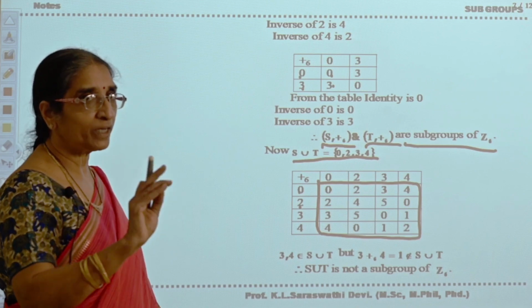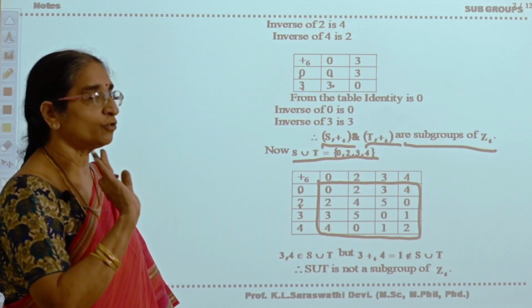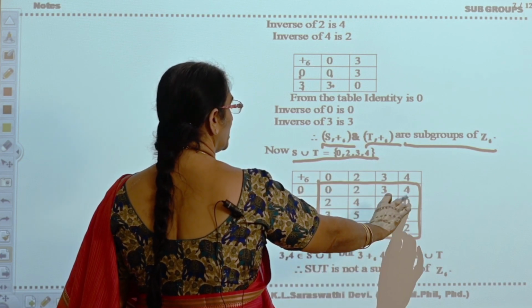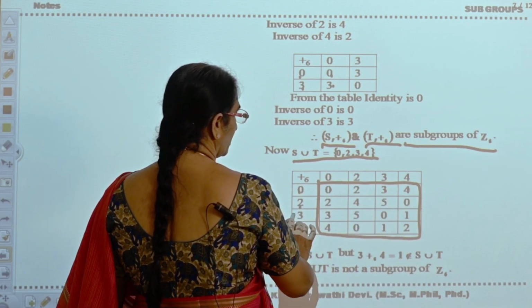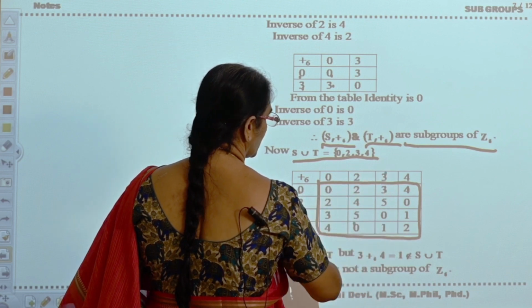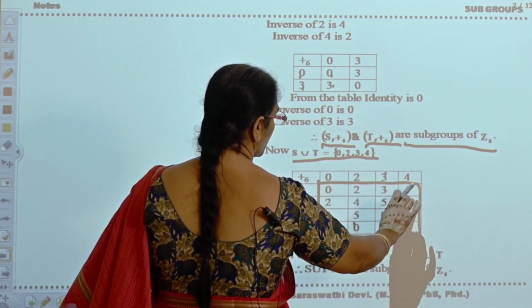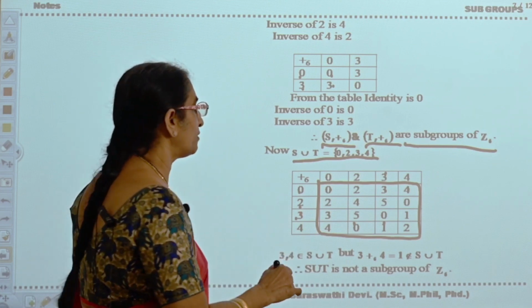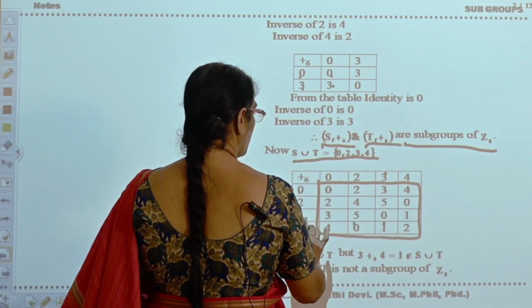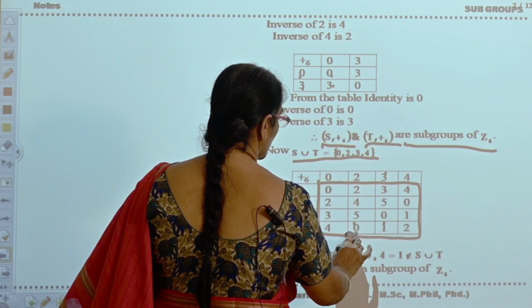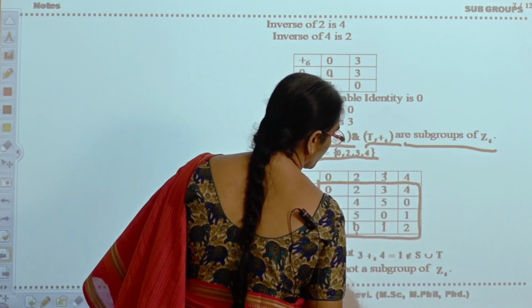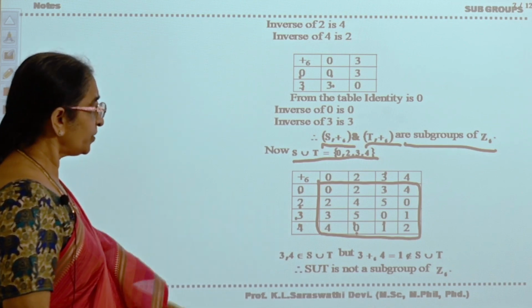The value is 1, but you are not taking the quotient, you have to take the remainder. So when you divide 6 by 6, the remainder is 0. Similarly, 3 plus 2, 5, again 3 plus 3, 6 by 6, 0, 3 plus 4, 7. 7 by 6, if you divide 7 by 6, you will get the remainder 1, that you have written. Similarly, 4 plus 0, 4, 4 plus 2, 6 by 6, 0, 4 plus 3, 7 by 6, 1, 4 plus 4, 8 by 6, 2. Okay, you got the values.